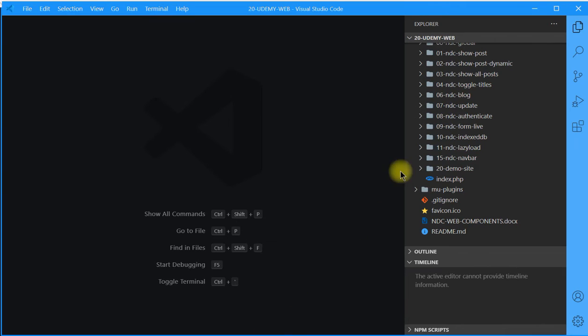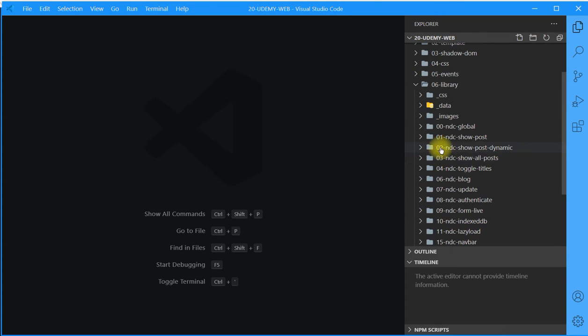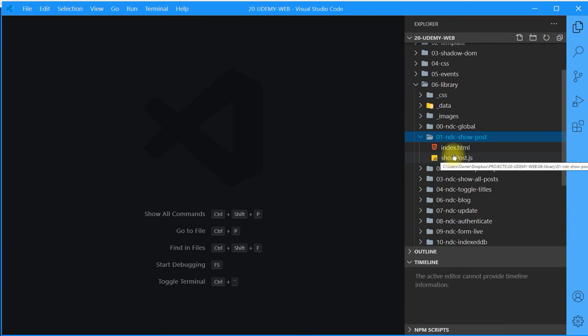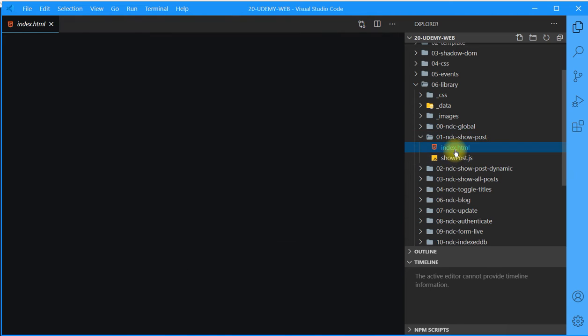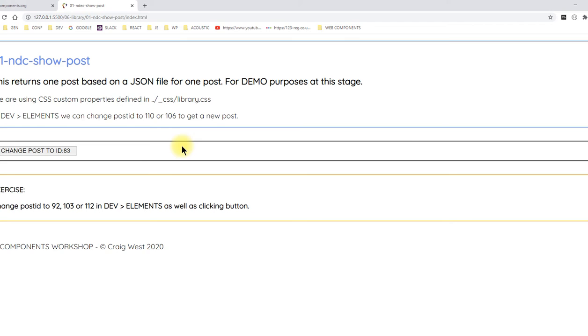So if we open up VS Code, we will see here we have CSS, images, and our 5 lessons on custom elements, the template, shadow DOM, CSS and events, or communication between components, or firing various fetch requests. And then 06 is the library, which has self-contained units, for example 01 DC show post. It has an index file and a show post, and if we right click on that and open with live server, we will see,